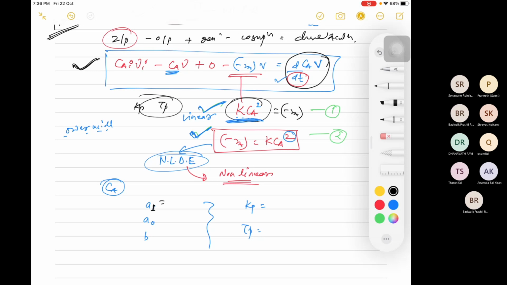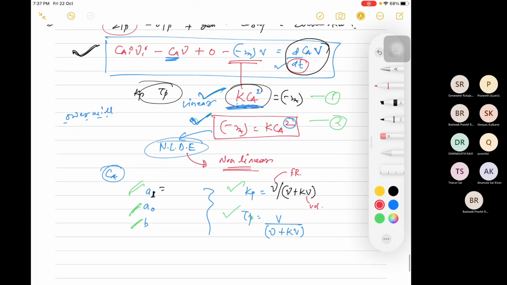So your Kp will be nu divided by nu plus Kv. Here nu is the flow rate, and this is the volume. Okay, so don't confuse. And tau p will be V divided by nu plus Kv. Now you know what Kp and tau p are, and based on this you have to find it first. This is the first step. Are you guys getting this?